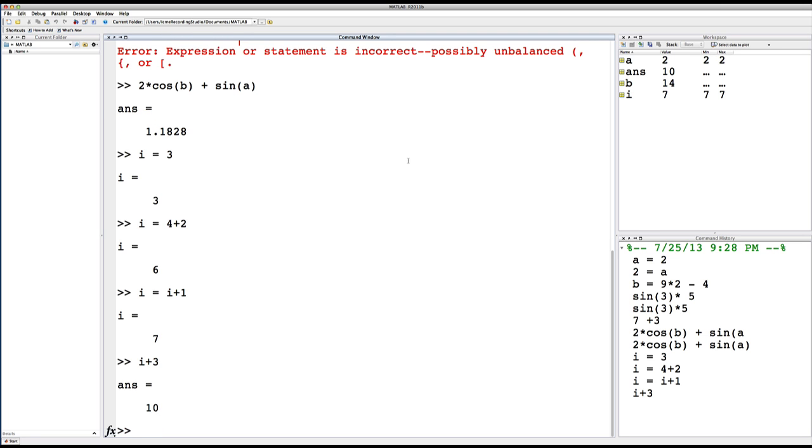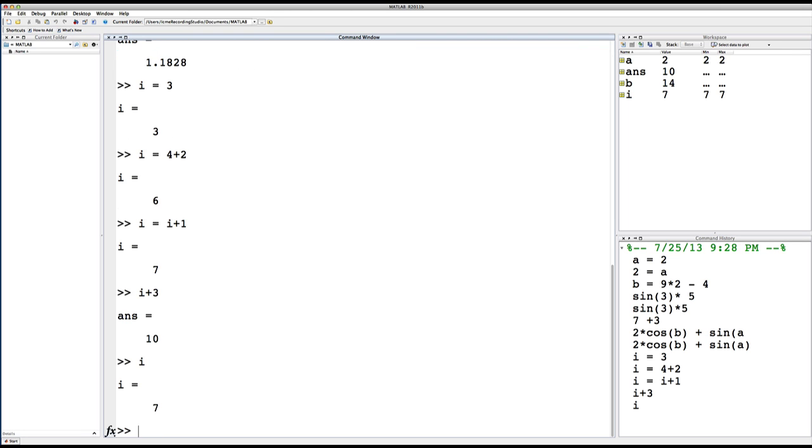Note that typing just the name of a variable will display its value. If you want to suppress the output that you see on the screen, you end the statements with a semicolon. For example,